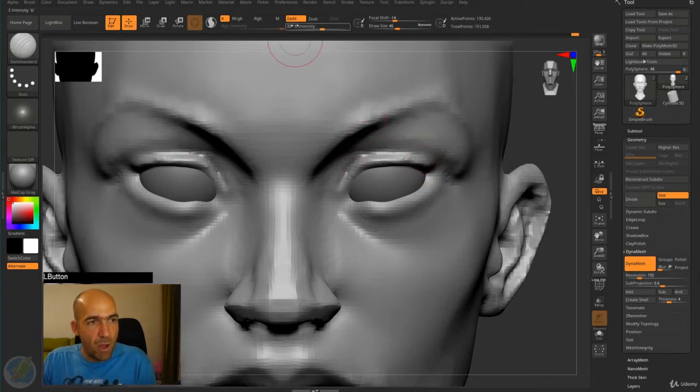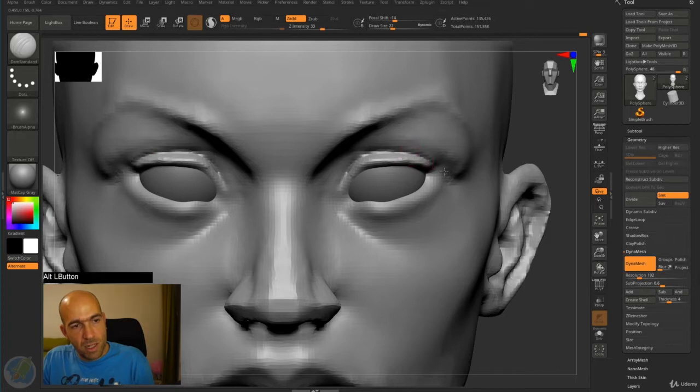In your case, if you haven't changed this to Ziad, it will be this up, and you will just drag. But I like it to be on Ziad, and I'm just Alt dragging to push this inward, and then dragging without Alt to pull this eyelid, the upper eyelid. And then I will push this and then pull the bottom eyelid. And the bottom eyelid should go